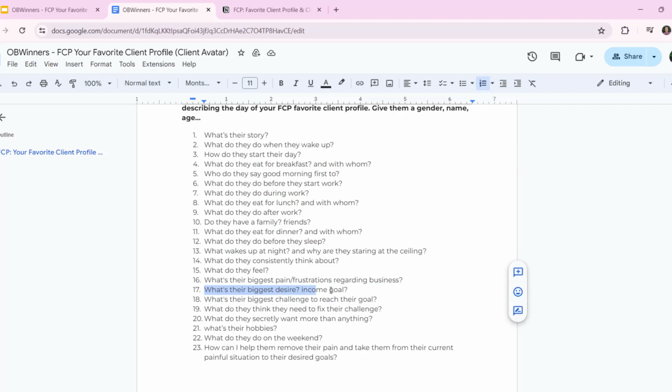Okay. What's their biggest desire, income goal regarding fitness again? 18. What's their biggest challenge to reach their goal? 19. What do they think they need to fix their challenge? 20. What do they secretly want more than anything? 21. What are their hobbies? 22. What do they do on the weekend? 23. How can I help them remove their pain and take them from their current painful situation to their desired